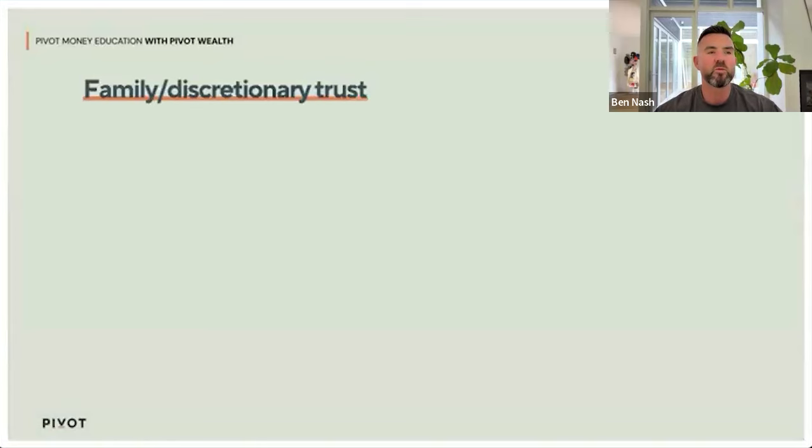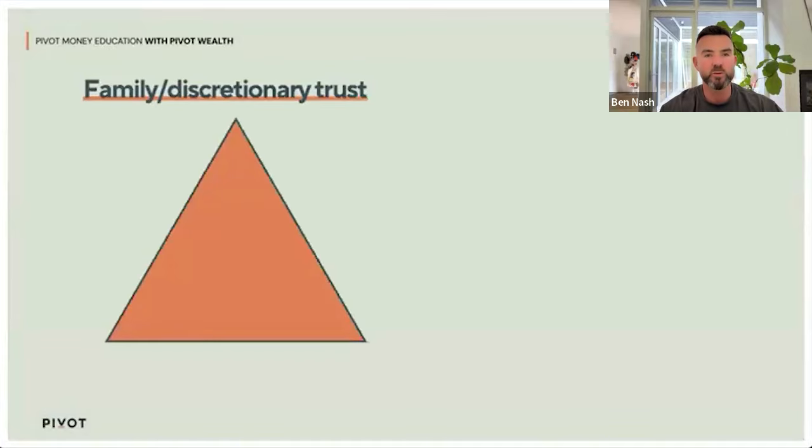What we're talking about today is a discretionary trust or a family trust. Those terms can be used interchangeably. This is a little bit of jargon, but if you're thinking about going down this path, it's important that you understand it. Most family trusts are discretionary trusts. A discretionary trust simply means that you've got the discretion around how you manage the money and the income inside that trust. Typically, when people set up a discretionary trust, they do it for the benefit of their family members, and that's why it gets the name family trust. But a family trust is not actually a type of trust, just to be technical.